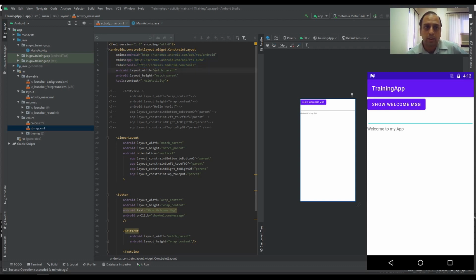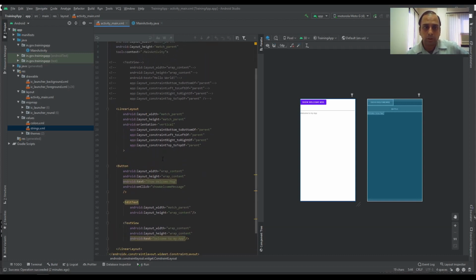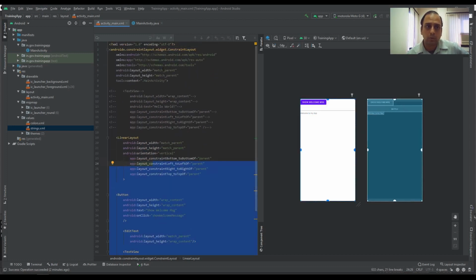It will download this particular resource from the internet when you are building with Gradle. Next is tools. These are the tools which are used when you are inflating this particular layout.